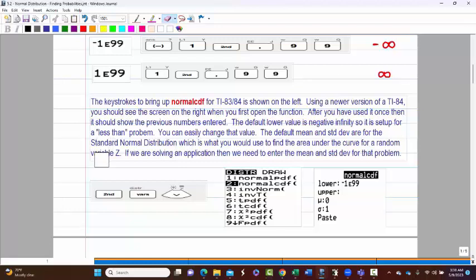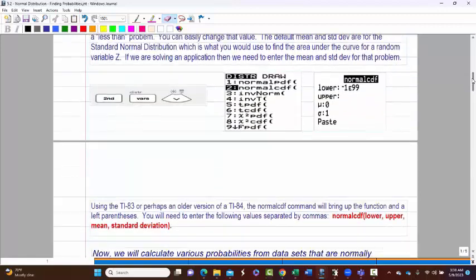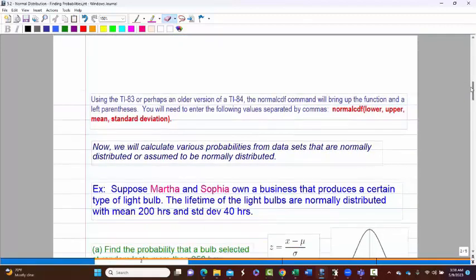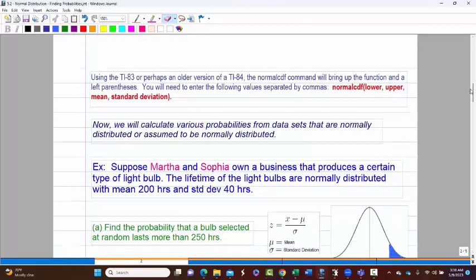Now, here, we've been dealing with random variable Z, which is your standard normal distribution, which has mean 0 and standard deviation 1. In this section, we're going to deal with a variety of normal distributions with different means and standard deviations, and we're going to see how to enter that. Now, what you're going to see, like I said, the normal CDF had 0, 1 in there as the default,